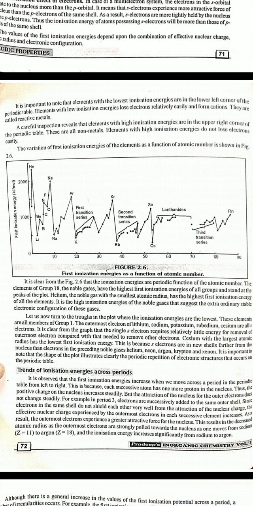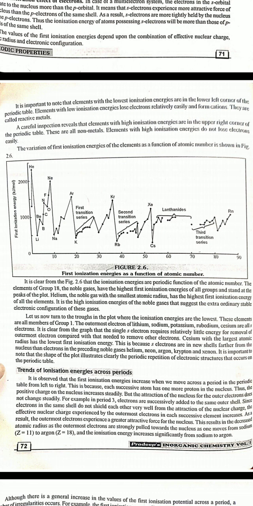Ionization energy is the energy needed to remove the outermost electron. Cesium has the largest atomic radius and the lowest first ionization energy. This is because its s electron is in a new shell further from the nucleus than the electrons in the preceding noble gases: helium, krypton, xenon. It is important to note that the shape of the plot illustrates clearly that the periodic